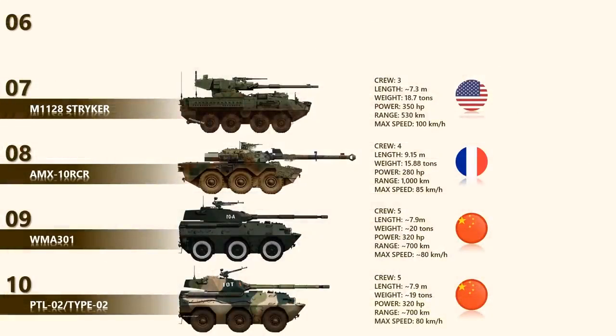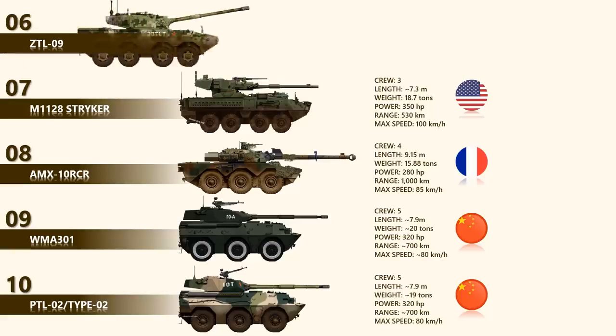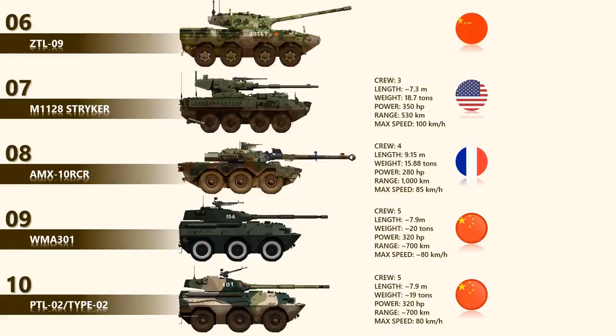At number 6 is ZTL-09. The ZTL-09 is a fully amphibious machine, sometimes referred to as the PTL-09, and it is in service with the People's Liberation Army since 2009. The turret of this fire support vehicle resembles that of the ZBD-2000 amphibious light tank, and the ZTL-09 is armed with a 105mm gun. This gun is loaded manually and it has an effective range of over 2,000 meters against